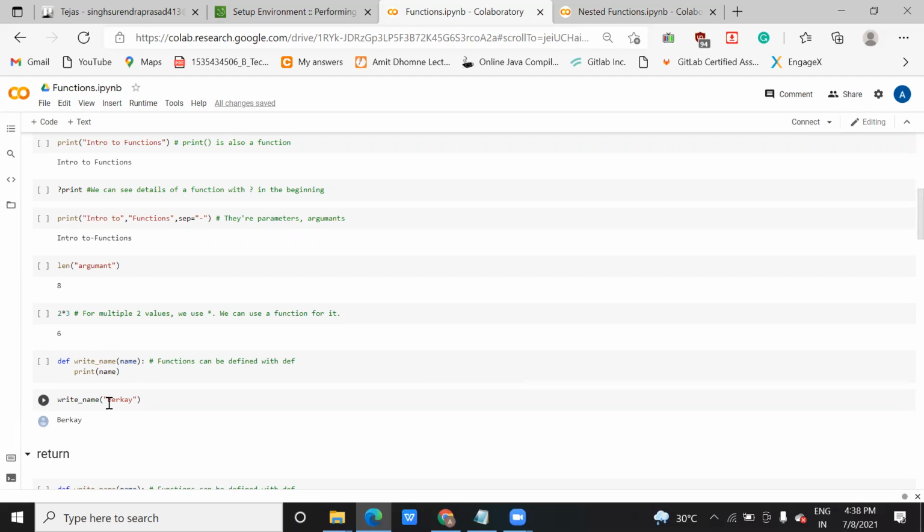What value am I passing? This Burke. So how many values am I passing to this function? One value, right? But suppose you have a scenario where you want to pass a set of values. In that case, you will use the keyword argument or non-keyword argument. Non-keyword argument means you just pass the value.